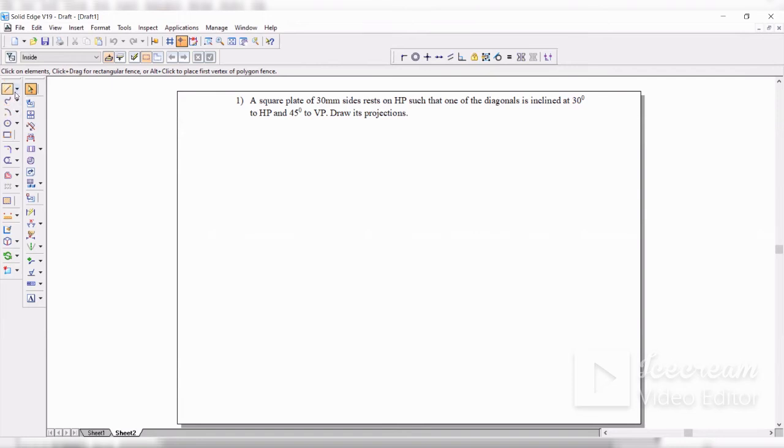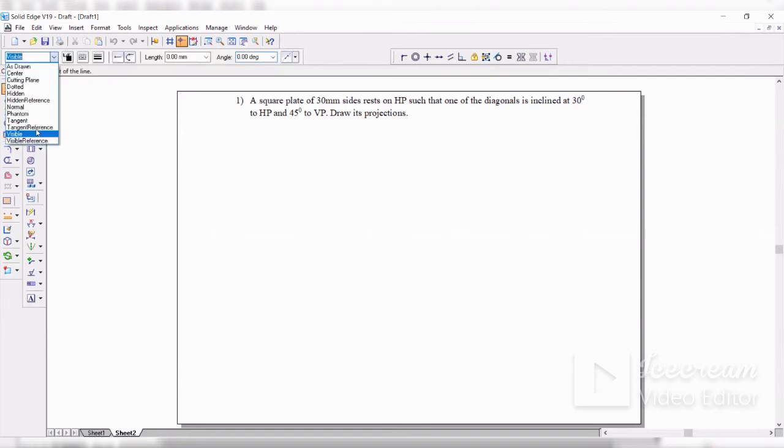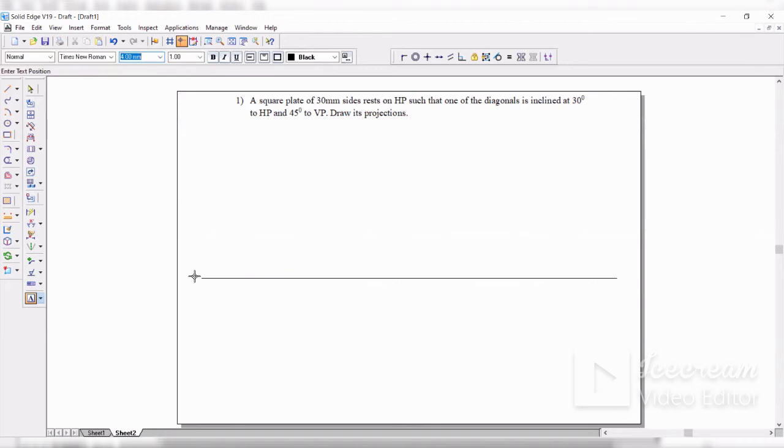So for that reason, what I will do, first things first, you should take the XY line. So I'm drawing the XY line first things first, and then name it as it is. As soon as you write the reference line, you should do the naming. Okay, so XY VPHP. Now next take rectangle. Now it is asking for the dimensions, width and height. Now it's a square, so that will be 30 width and enter. Height also 30 since it is square.